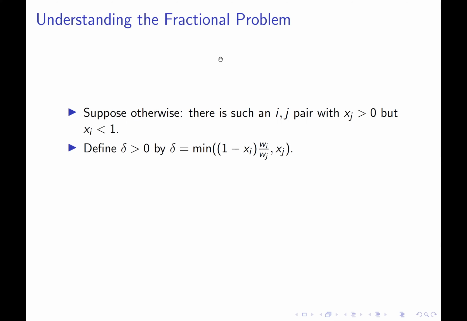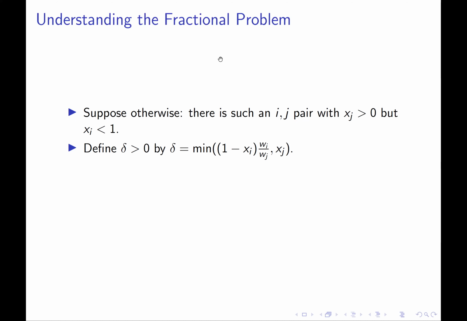What we're going to try to do is perform a little bit of surgery on this supposedly optimal solution. We're going to change it a little bit without violating the feasibility constraints, so that we have another feasible solution, but we've increased the objective value. And that's going to be a contradiction if we can do it, because the premise of this whole thought experiment is that x was an optimal solution. If x is an optimal solution, there cannot possibly be another feasible solution that has higher objective value.